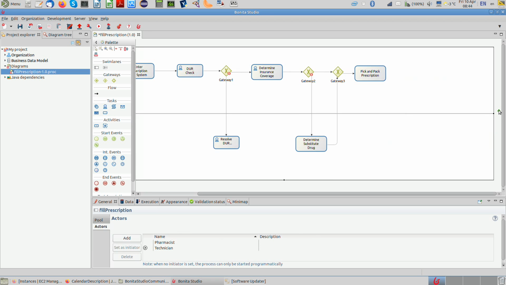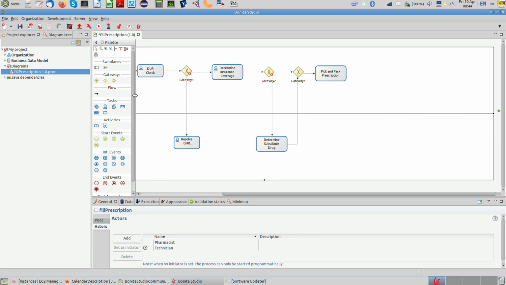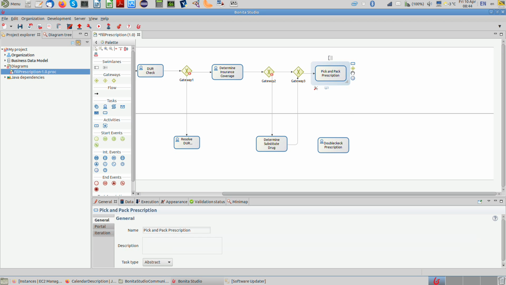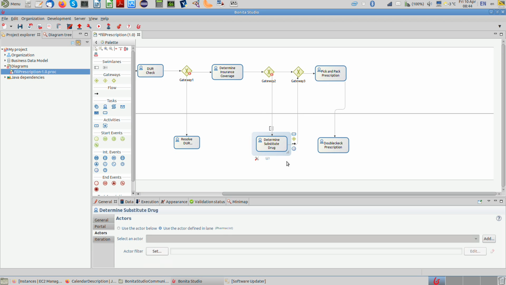Let's make this a bit bigger here. After the technician picks and packs the prescription, it goes back to the pharmacist for a double check. The prescription,